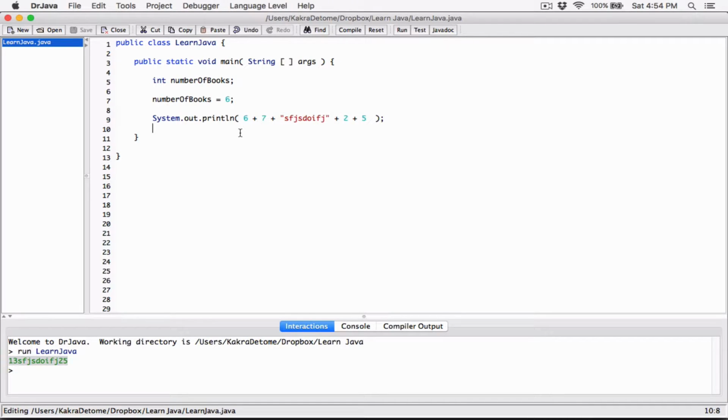Now it can be confusing, because think about it from left to right. It starts from left to right and says, okay, can I add you up together? 6 plus 7, it can. So that's why we got 13. You would think, why didn't it add up this and say 7? You think that, but because we are actually using the